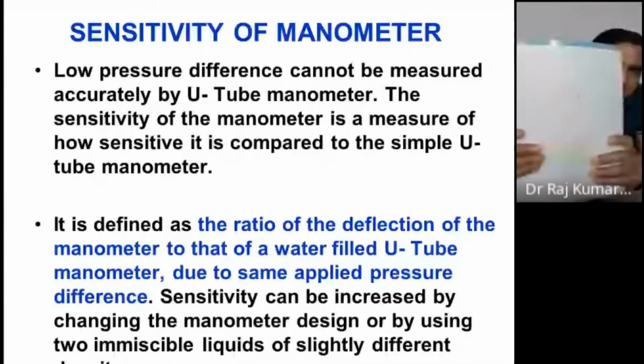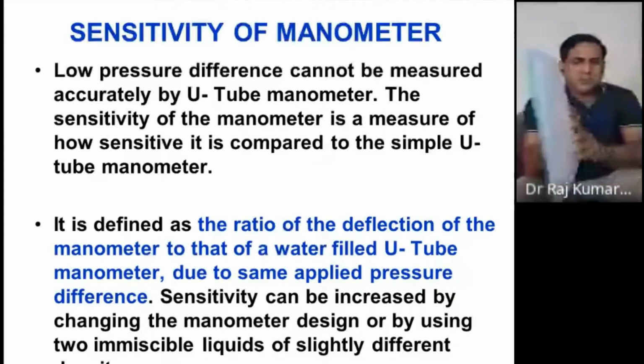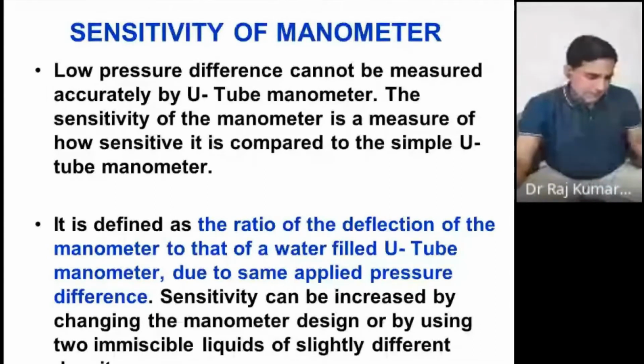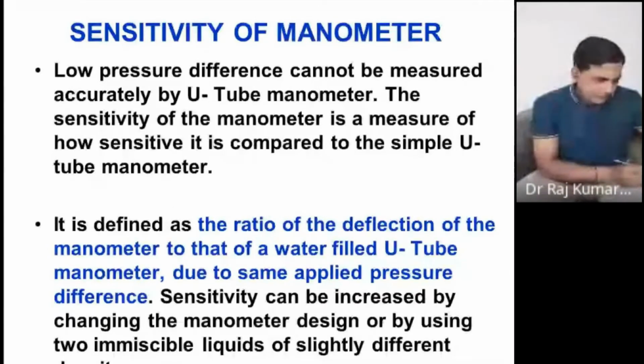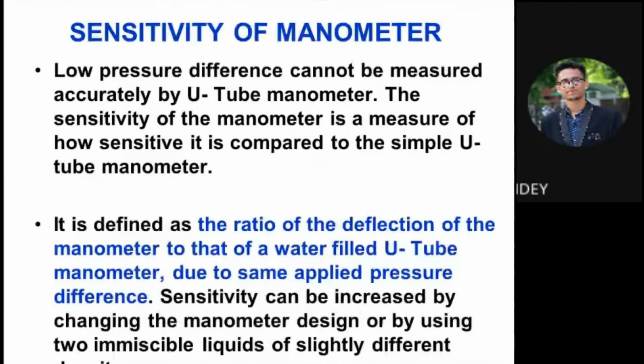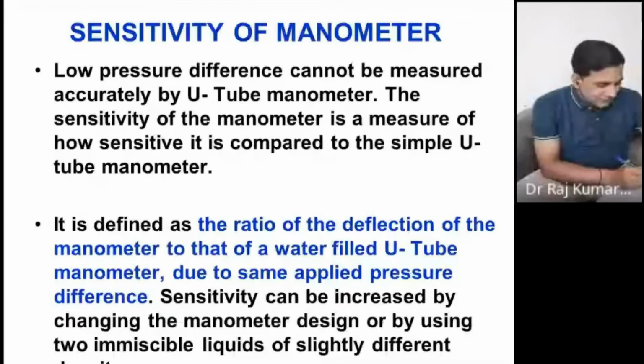Because you are measuring the same pressure, delta P of equation 1 and equation 2 must be equal. Yes, sir. So both the pressures must be equal. So if you equate them, you will get h1 upon h2 equal to